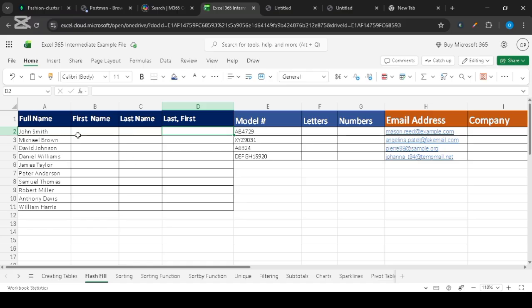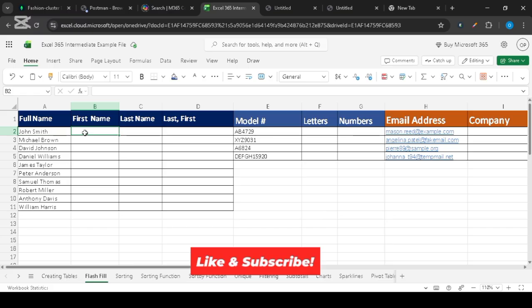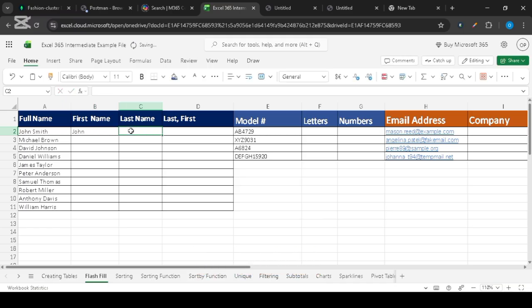For instance, in this table we have our full names listed here, but we want to extract the first name into the first name column and the second name into the last name column, and later we'll interchange them so that the last name comes before the first name. To get the first name from the full name, we're just going to type it, making sure we type the correct word. So we type John here and Smith here,